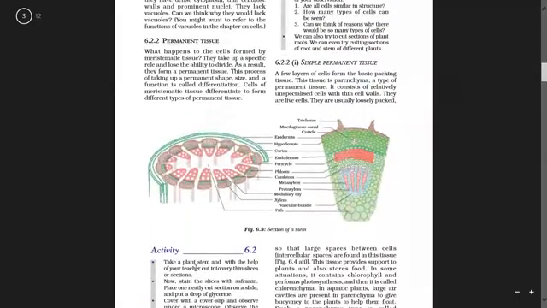Okay, so here can you see the different vascular bundle? If you see here, it is labeled that this is vascular bundle. This part where I am showing the arrow, that is vascular bundle. And here you can see in the section of stem, they have shown xylem is present, phloem is present.